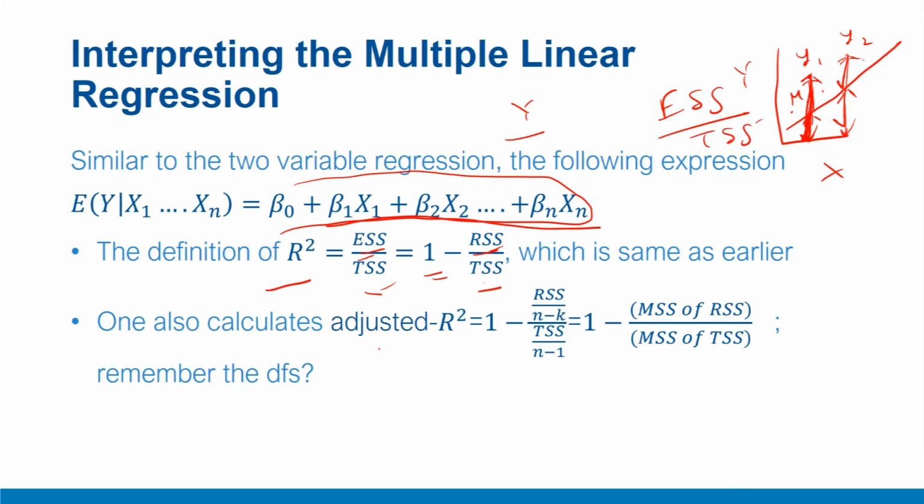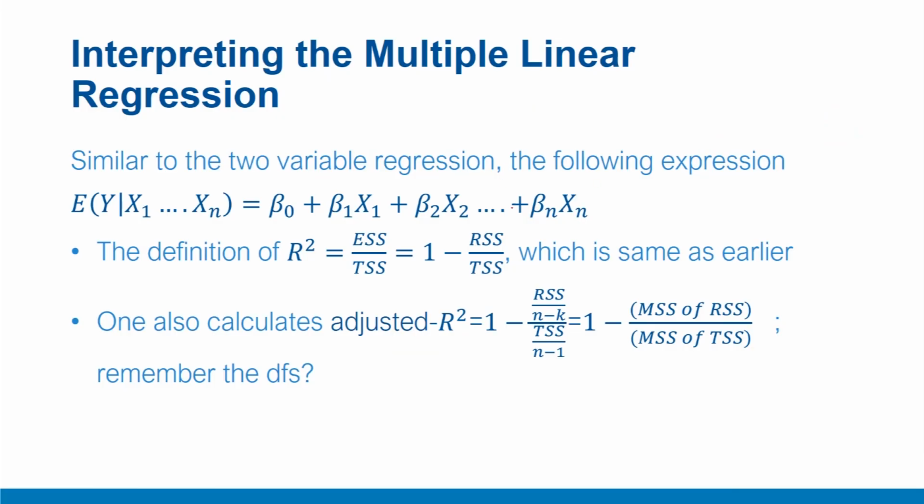A more improved version is also computed in the form of adjusted R square, where a small adjustment is made. Here, instead of using RSS and TSS, we divide these residual sum of squares and total sum of squares by their respective degrees of freedom. For RSS, the degrees of freedom are n minus k. Here, n is the total number of observations in the sample. k is the number of coefficients excluding beta naught, so all the beta 1 to beta n, all the coefficients excluding beta naught. TSS is divided by n minus 1. n minus 1 is the degrees of freedom for TSS.